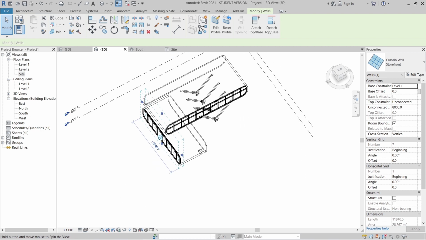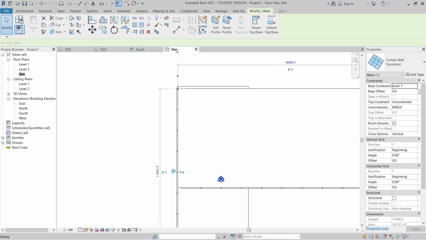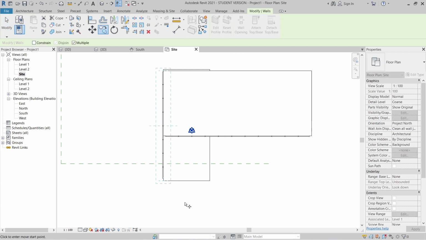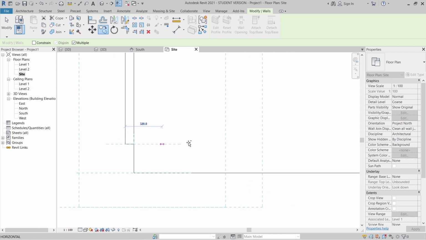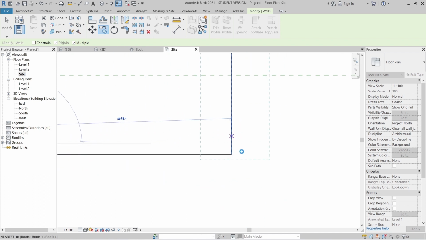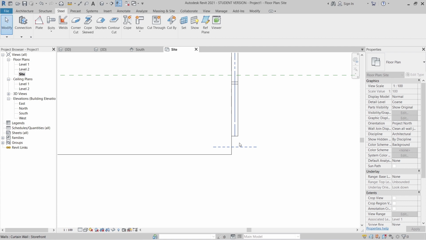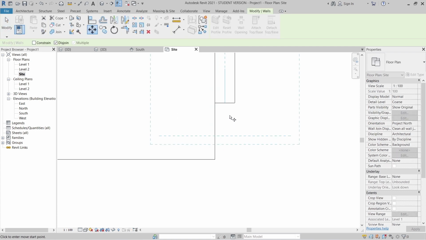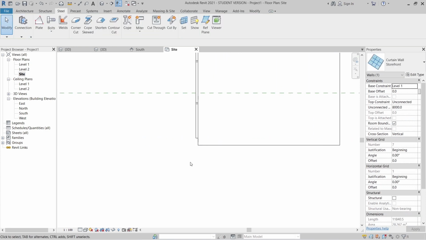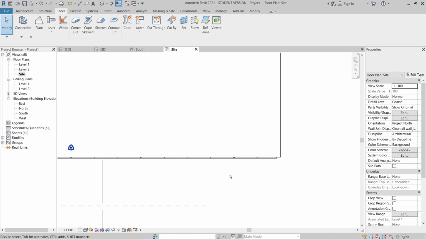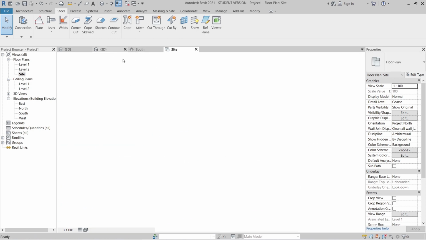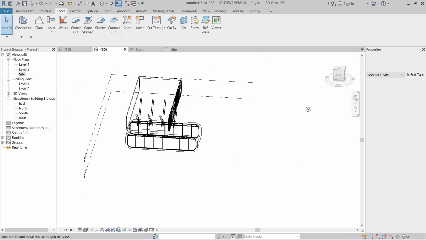we cannot copy that actually, so I need to go to my south side plan here, then Ctrl+C for copy, start copy from here until here, hit escape first. Let's move it inside like this, and I'm going to move it inside also, but we just leave it like this because it's not a big issue. And go to our 3D here, as you can see, and of course there